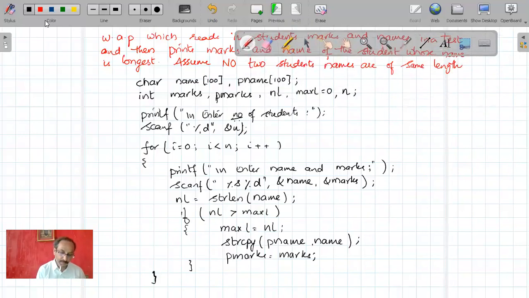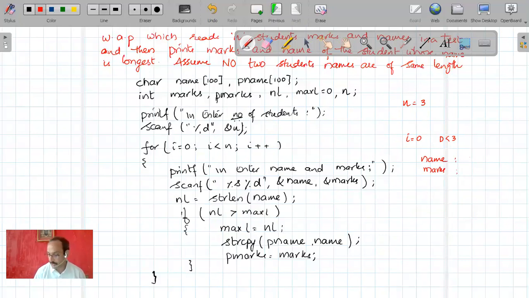Let us say now I'll say n is equal to 3. So I want to read 3 student marks. So I've given n is equal to 3. Now I have entered into this loop. What is the loop? i is equal to 0. I started with i is equal to 0. When i is equal to 0, I need to check the condition: 0 is less than 3, which is true. So I need to ask the name and marks. So I need to read name and marks.